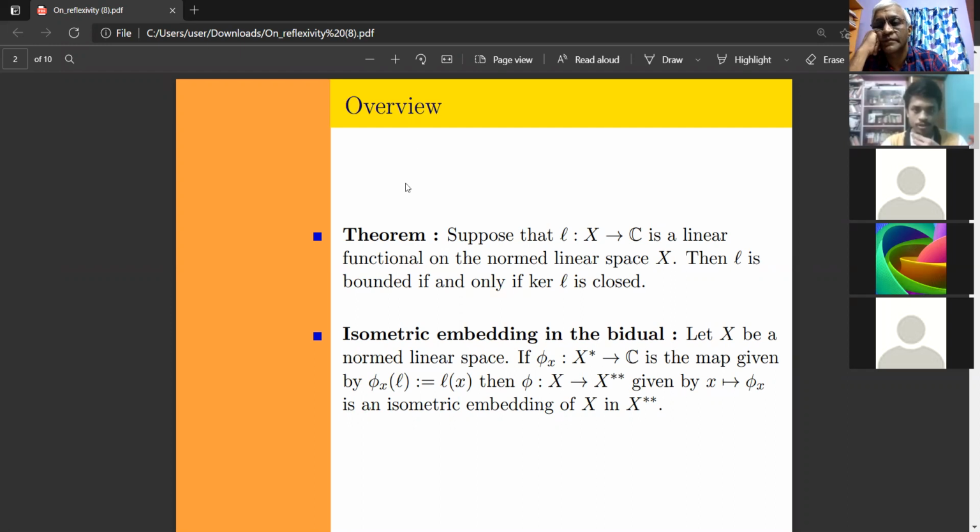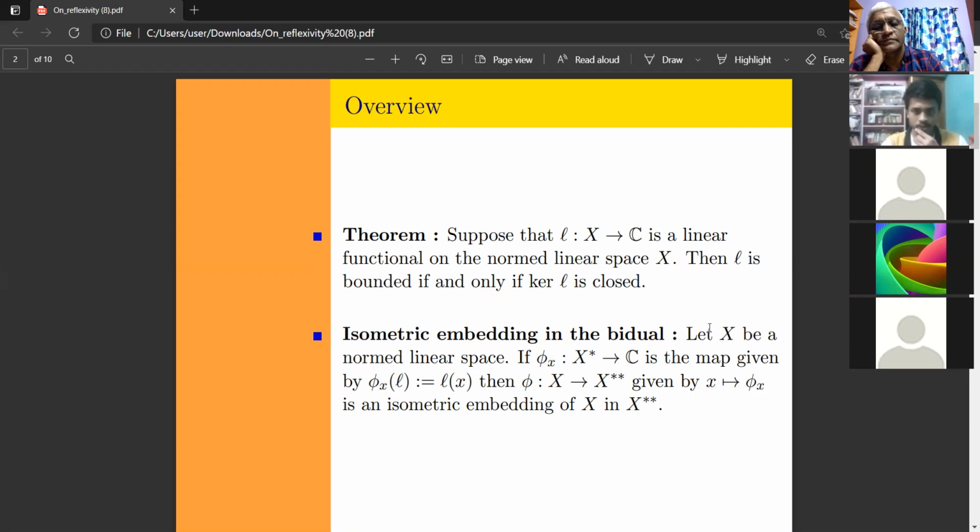As an overview, the theorems that are going to be there: first, suppose L is a linear function on the normed linear space H, then L is bounded if and only if kernel L is closed. So this is one theorem, and after that, we move on to the main topics, like